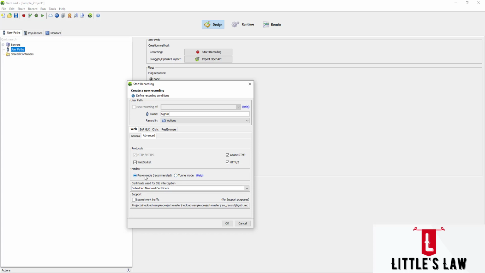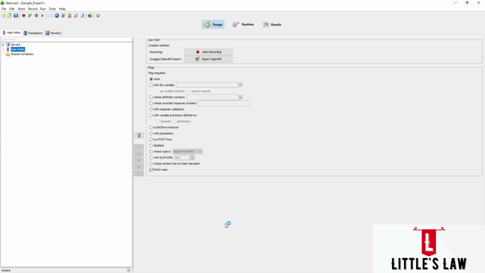And there are two modes, one is the proxy mode and the other one is the tunnel mode, and for now we are choosing the proxy mode and we are not logging any network traffic. So let's click on OK and we'll start the recording. Let me click on continue, and by default we get this recording tab where we can give the transaction names while recording,